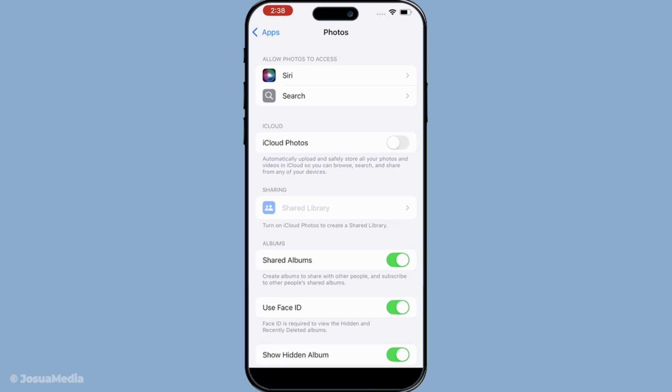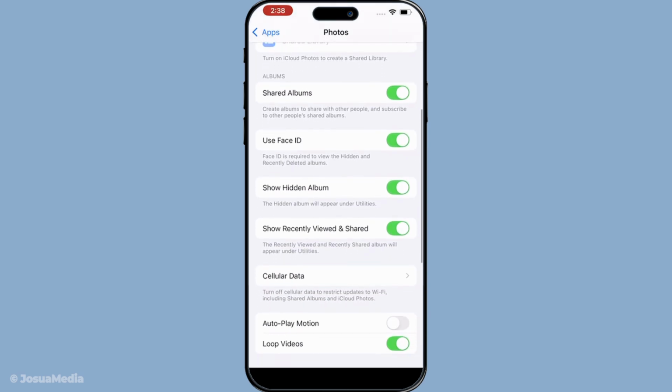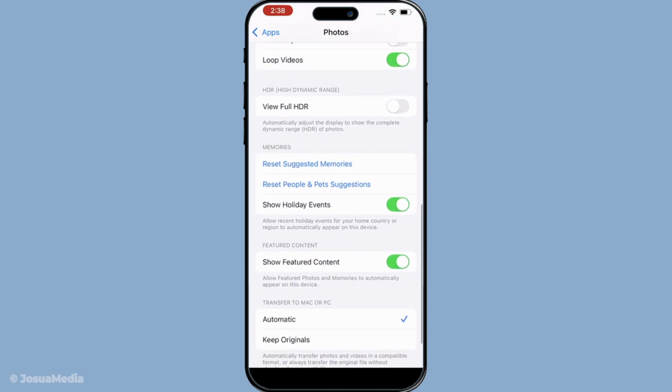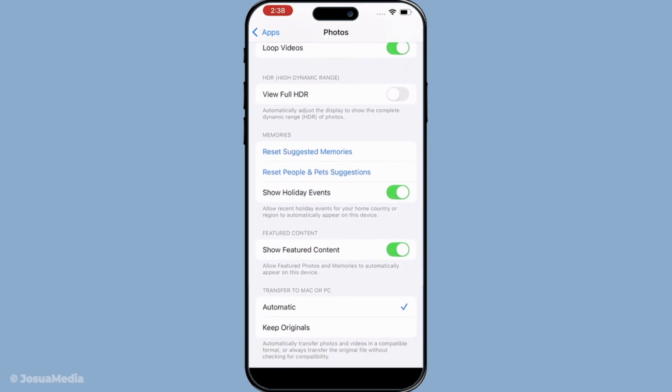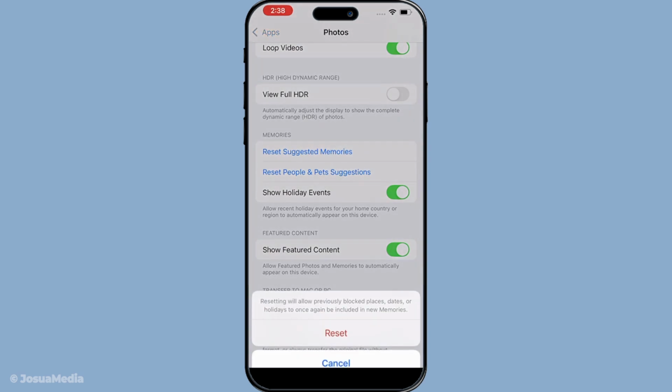Alright, now I'm in the Photos settings, and from here I'm looking for the option called Reset Suggested Memories. I'm just moving through the menu until I see that exact option. Once Reset Suggested Memories shows up, I'm going to tap on it. This is the setting that starts the reset process, so once you tap it, you'll get a confirmation prompt before